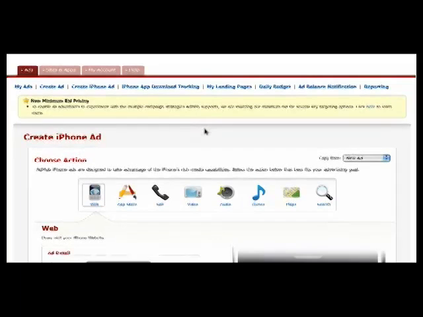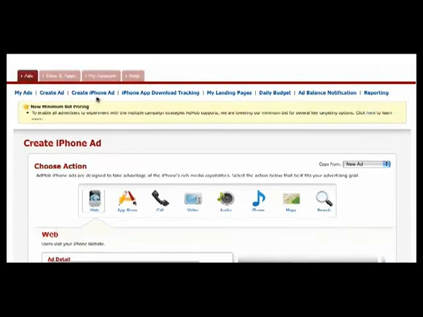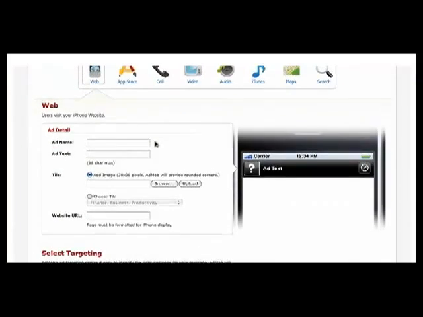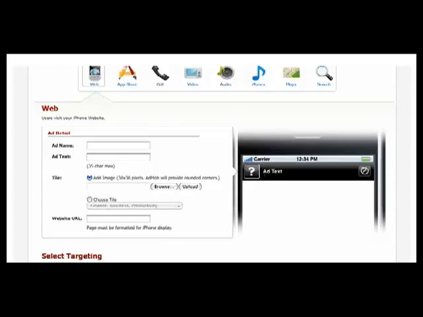So with AdMob, once you sign up, and AdMob, just like anything else, it's free to sign up, and then you just load your account with money that you want to use. And once you sign up, you go ahead and click on create an iPhone ad. And then it will take you to an area where you can actually design an ad that will show up